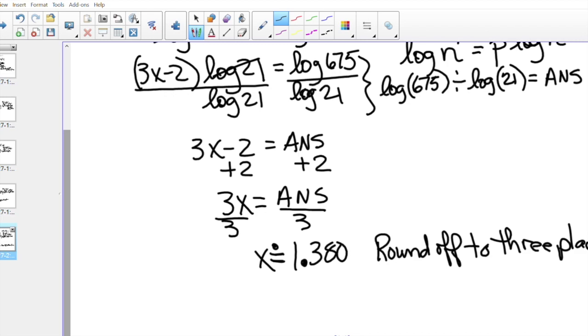And young people, that is the end of session 2. There are 3 sections, or 4 rather, but